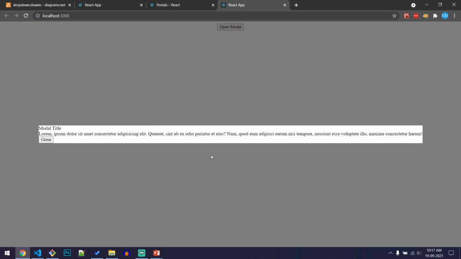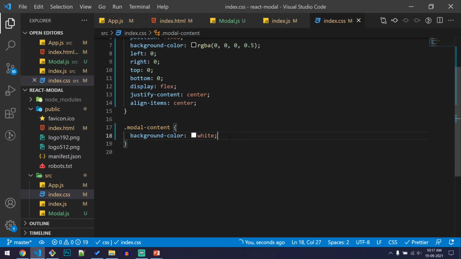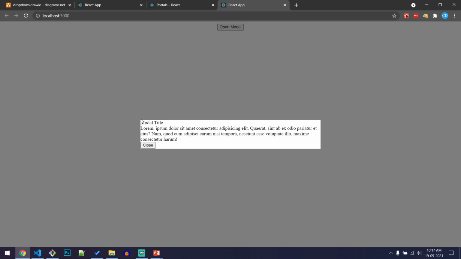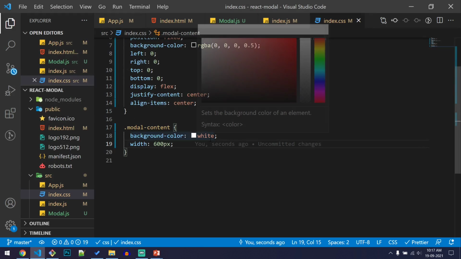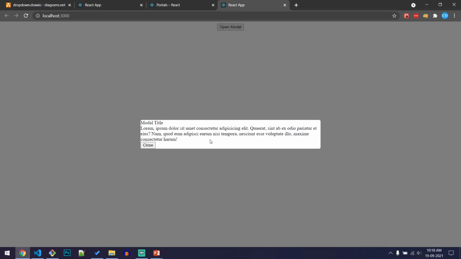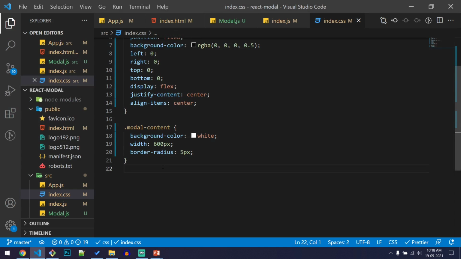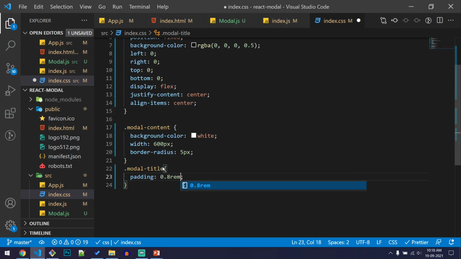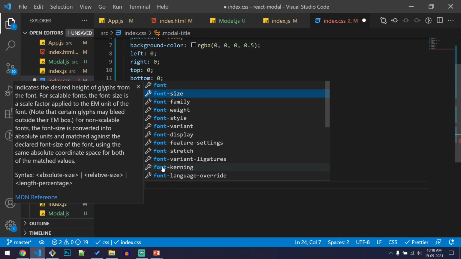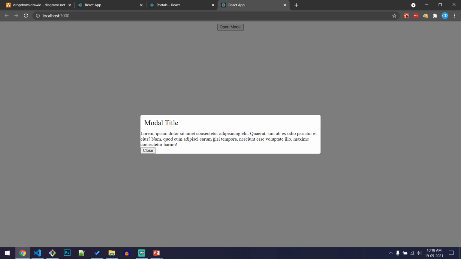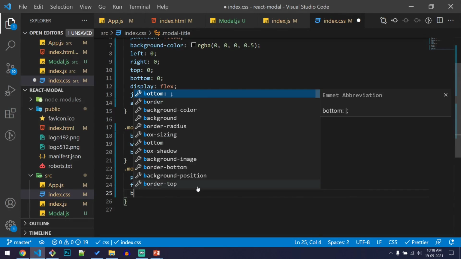We don't want this modal to be this wide. Let us add a width of say 600 pixels, and let's add some rounded corners here. That will be border-radius of 5 pixels, and let us style this modal-title, say padding of 0.8rem and a bigger font size since it is the heading, and let us add one border below the title.